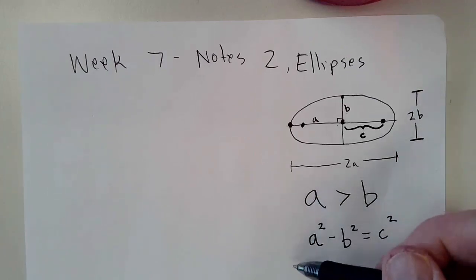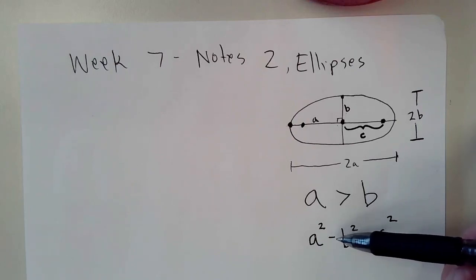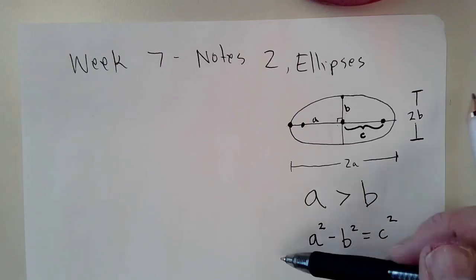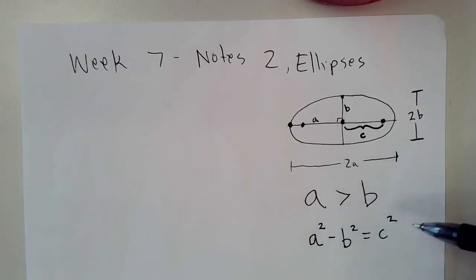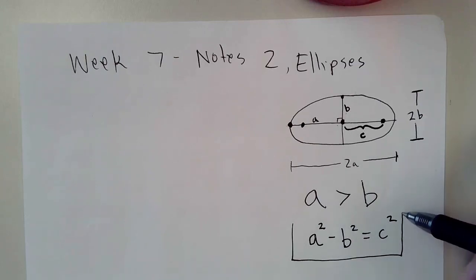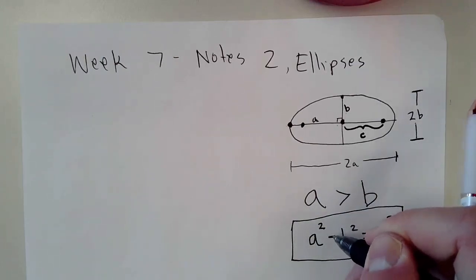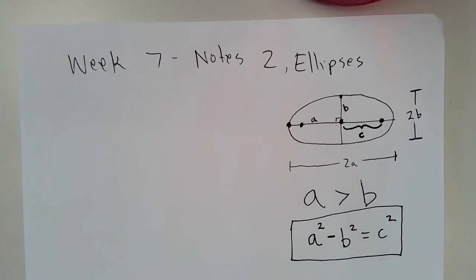But this applies to ellipses, and you need to understand that there's a minus there, and that minus is what makes this the equation for an ellipse, to see the relationship between A, B, and C. You have a minus in there. It's not a plus. So understand that that is a minus for the third time. Okay, now,